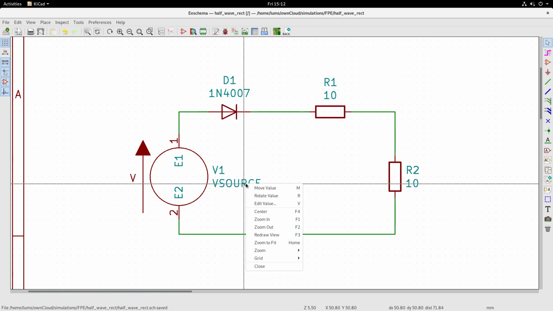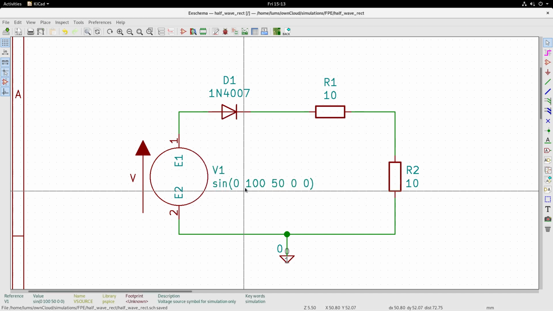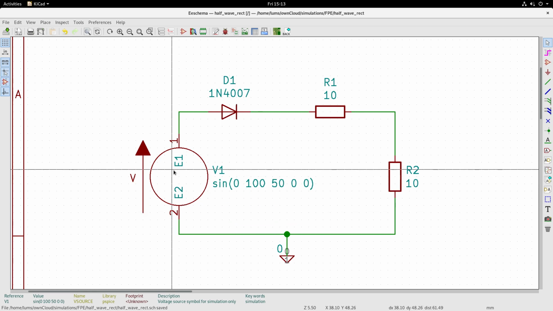And the value for the source, edit value, we said we will give a sine source from 0 to 100 volts peak, 50 hertz, 0 phase shift. Okay, so we have the sine source in place, and you have all the values in place.